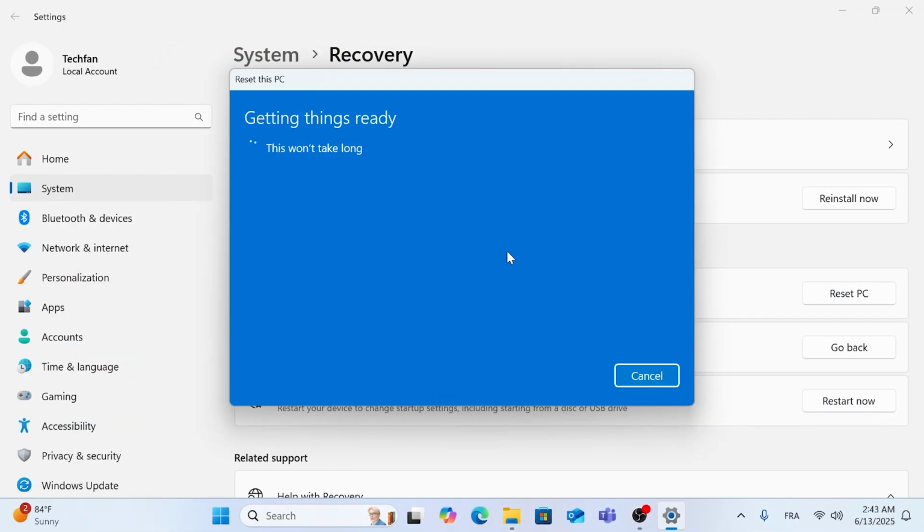This process can take several hours, especially with the Clean Data option, as it downloads Windows, wipes your drive, and